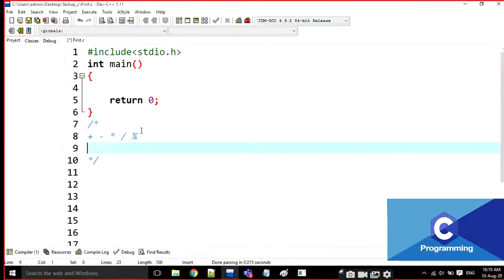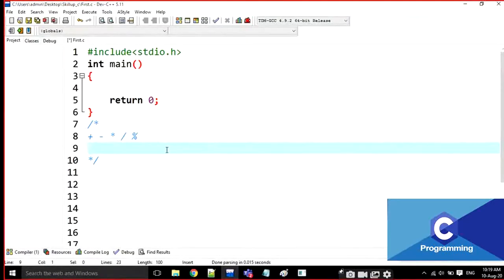In C, we are going to work with these symbols only. Note down, everyone. Arithmetic operators: addition, subtraction, multiplication, division, and modulo division. Note down with the names.